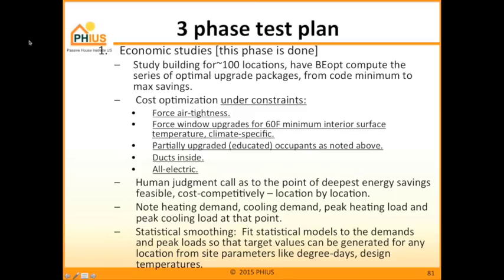And so in the beginning, we had a quite ambitious and grandiose test plan. And phase 1 of this was the economic studies. So the idea was, we're gonna move this building around 100 places, run these BEopt analyses, compute the optimal upgrade packages, compute that whole curve. But we're going to constrain it. We're not going to mess around with the air tightness. We're not going to mess around with low performing windows. We're going to make sure that we force a window upgrade to maintain a 60-degree interior surface temperature in the winter,